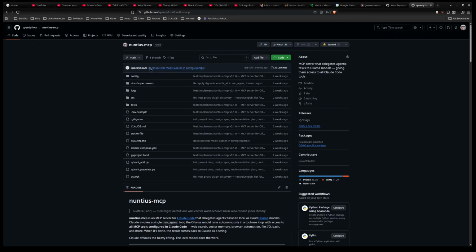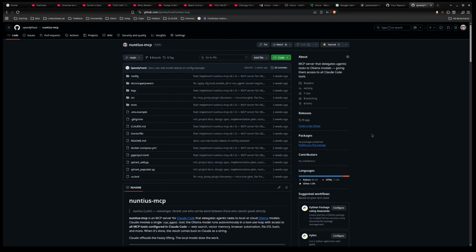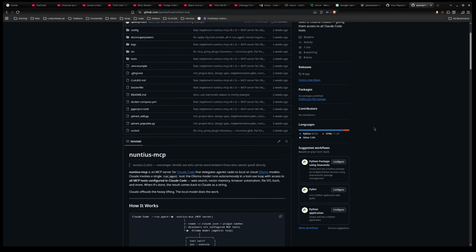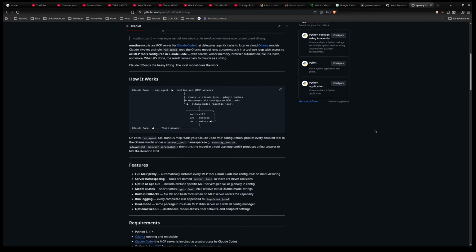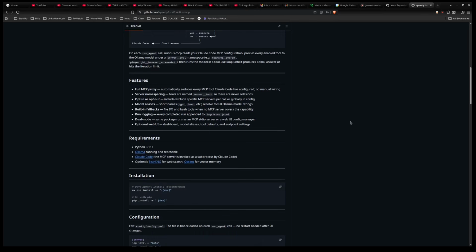So what this does is you just tell it to install it. You give it the GitHub repo, and it'll put it in Claude Code, and then you just connect it to your Ollama. My Ollama in this case is on my network, but not on the same machine. My Claude Code runs in an LXC container, so it has to reach out to get to the Ollama server. You'll see that when you install it. But Claude Code can install it no problem, just like every other MCP server.